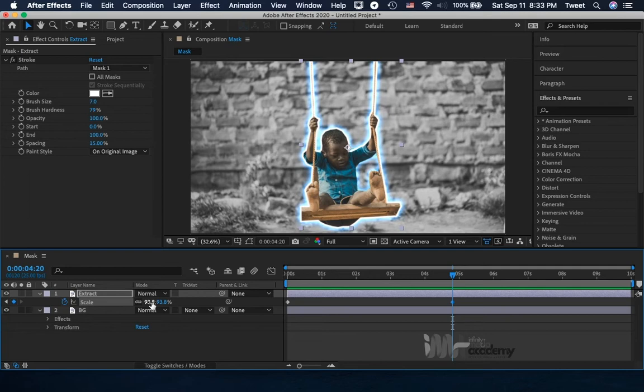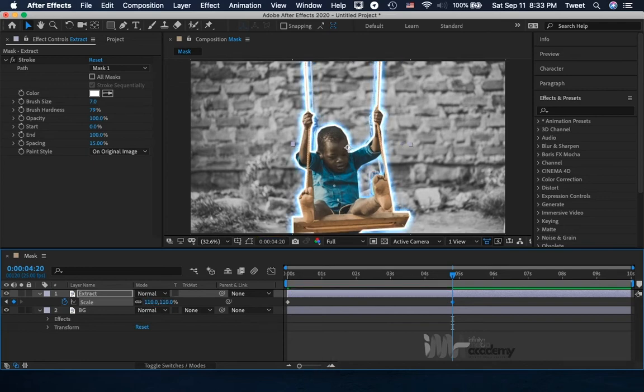So what we want to do now is adjust the scale property on this keyframe, not the first keyframe. So that means the first keyframe has this default value that you can see now, and then click go to next keyframe to go to the next keyframe, and then we want to set the scale value to 110. You can set it to what you want depending on the image or the object you are working on in your composition. So now we have 110% for our scale. Now if I play back,